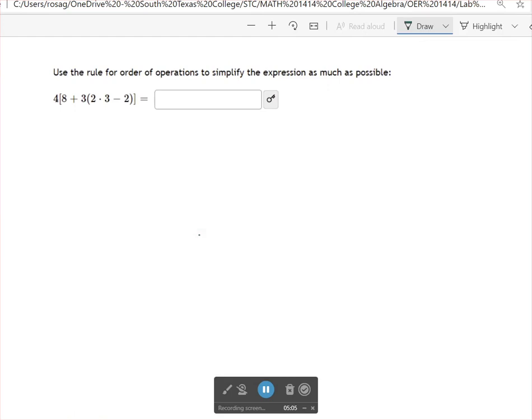So the first thing is the parentheses. When I try to do this, I do have to follow the order of operations. So I have to do the multiplications first. That's 6 minus 2, that's 4. And now that I have this, I'm going to follow the order of operations. So multiplications go first. And then I do this. And finally,